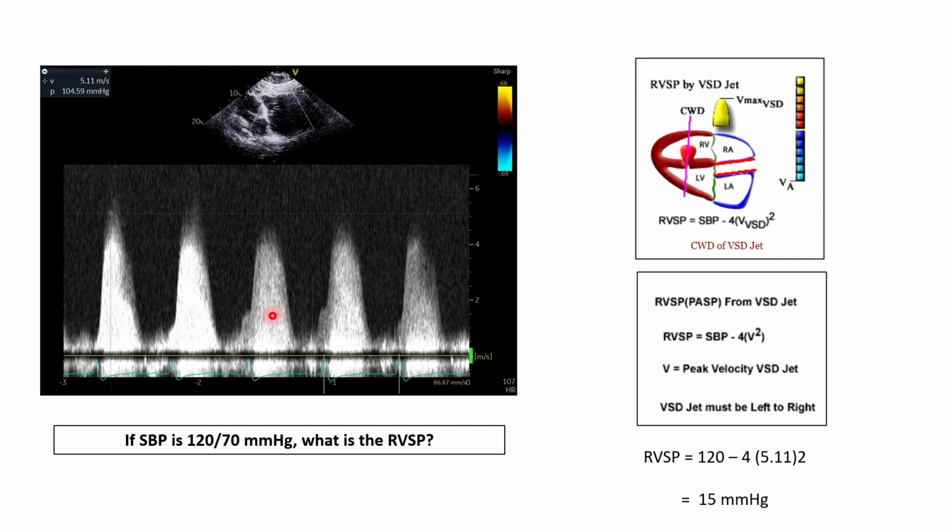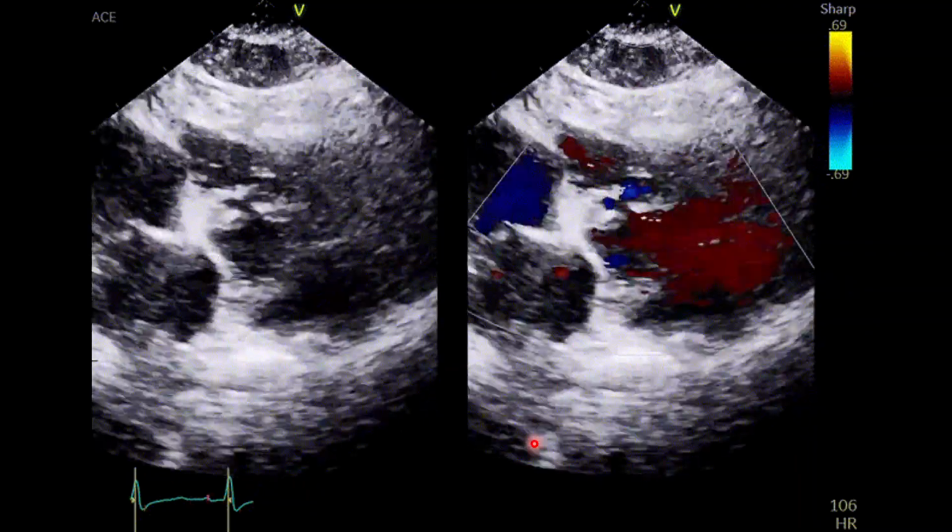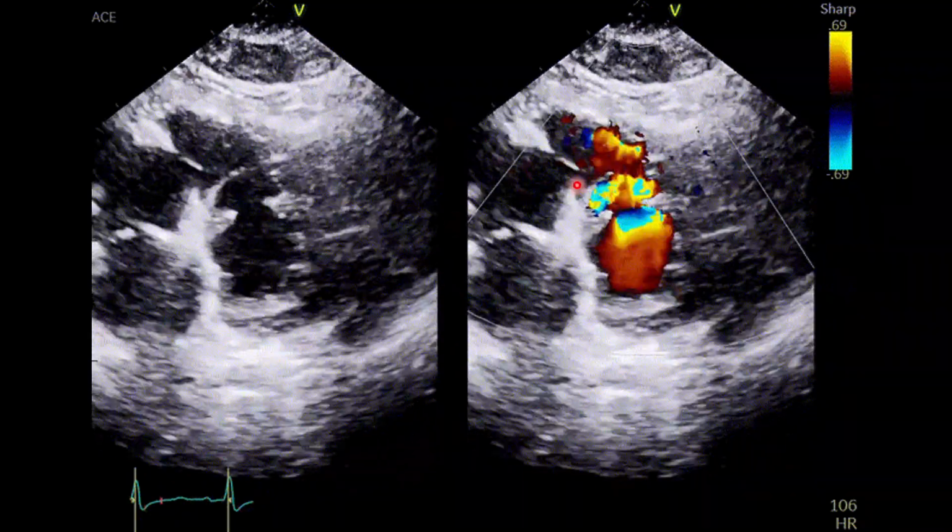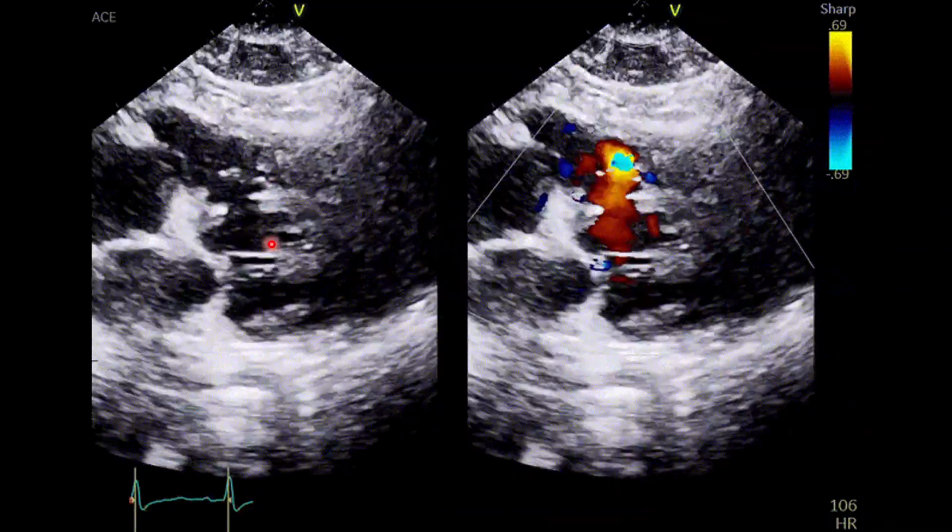The continuous wave Doppler of VSD was giving us a gradient of velocity of 5.11. So using this equation and then subtracting that value from the systolic blood pressure would give you RV systolic pressure. In this case, we did it and we found an RV systolic pressure of 15 mmHg. And an obvious view of flow across the